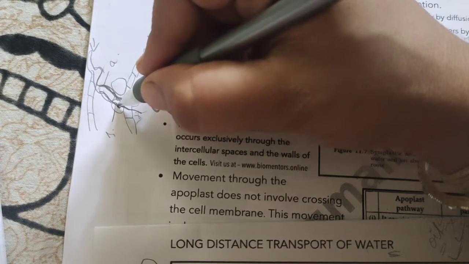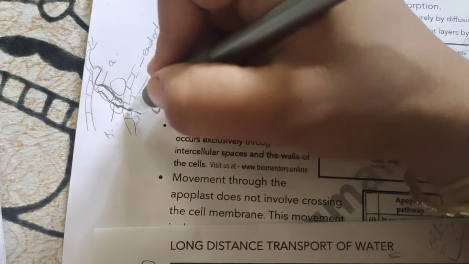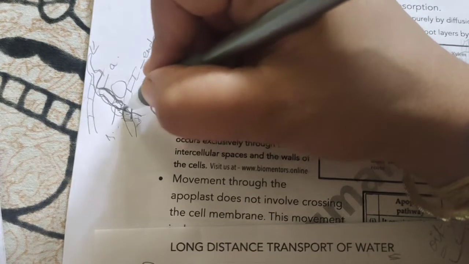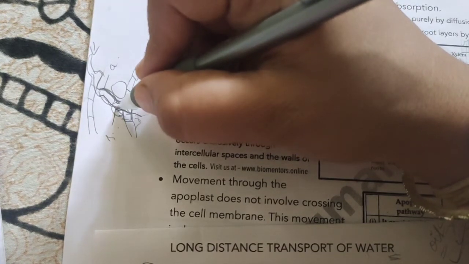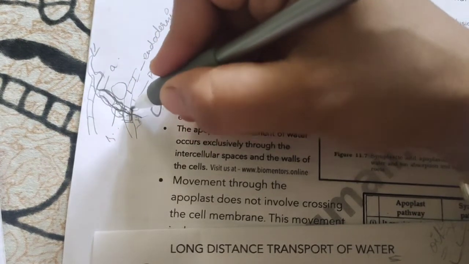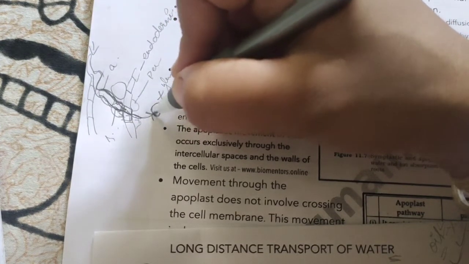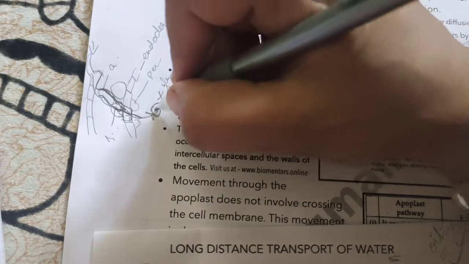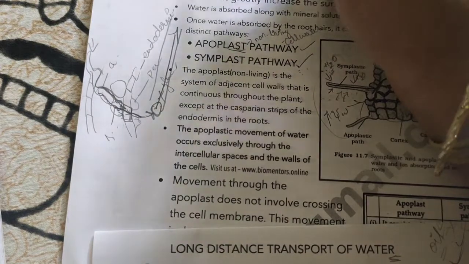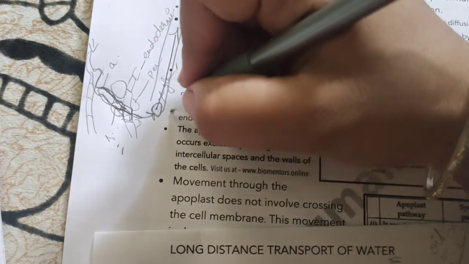This water which is present in the cytoplasm of this parenchyma cell now enters into the endodermal cell. So through the plasmodesmatal connection, the water present in the cytoplasm of this cell now reaches the cytoplasm of the endodermis, and from here it crosses the pericycle and finally reaches the xylem. Once it reaches the xylem, the xylem conducts the water to the different parts of the plant body. So in the symplastic pathway, this is how the water conduction takes place.